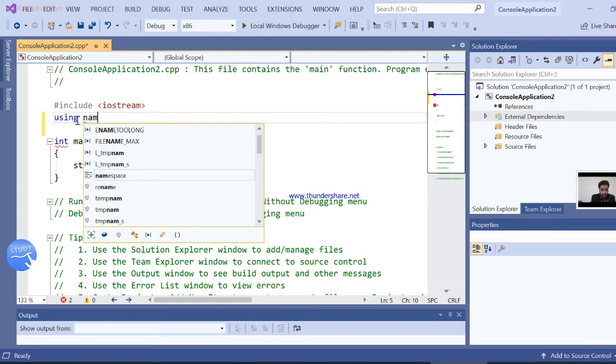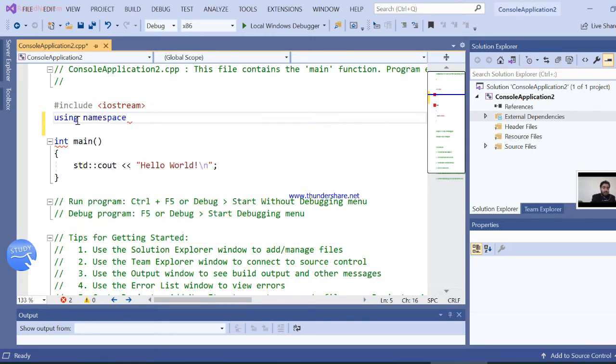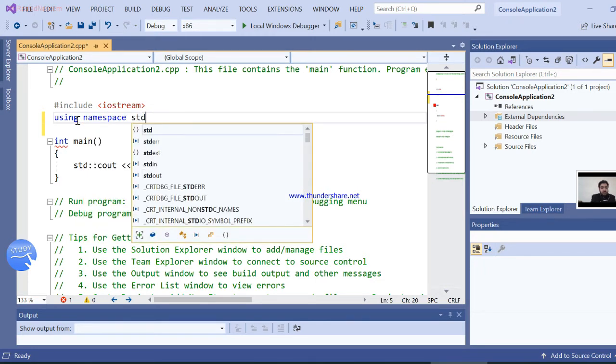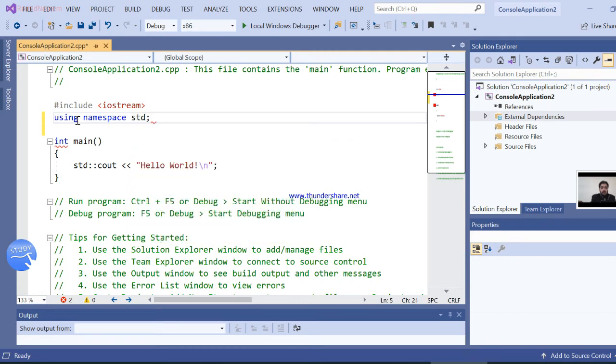One of the big advantages of Visual Studio is that it always helps by opening the IntelliSense window while you write any reserved keyword, or any user-defined variable that you have already defined. For namespace, you can see just below in the IntelliSense window that it has given us the option to write it down completely with a single click. So, using namespace std, and terminator.